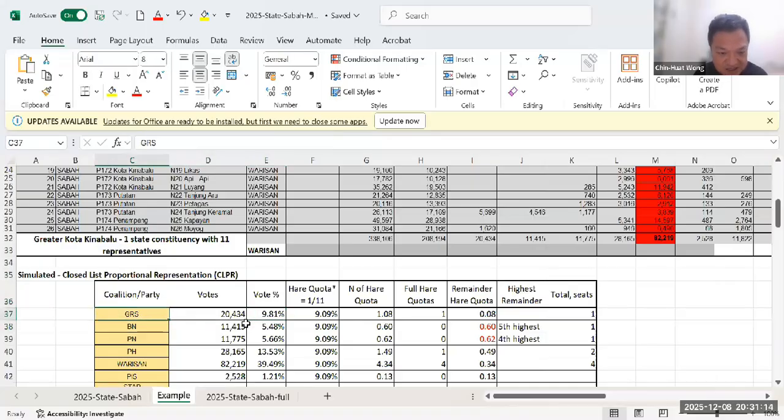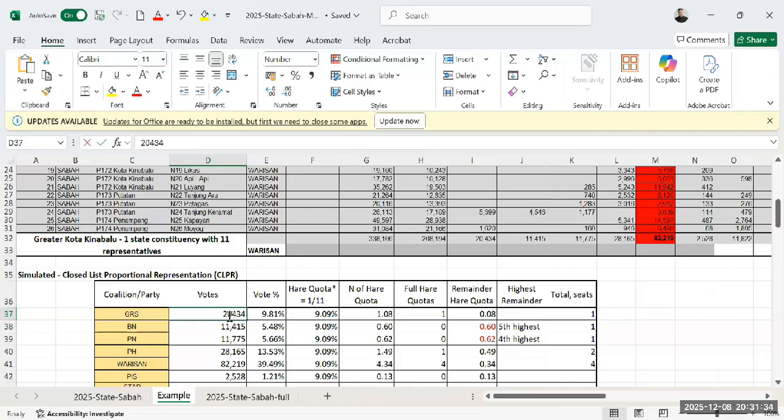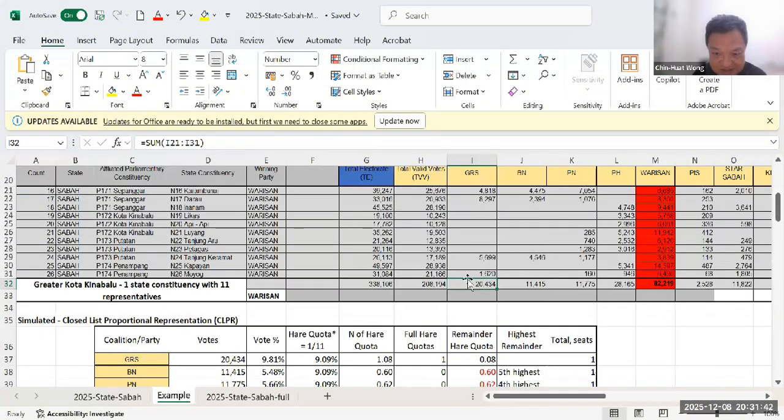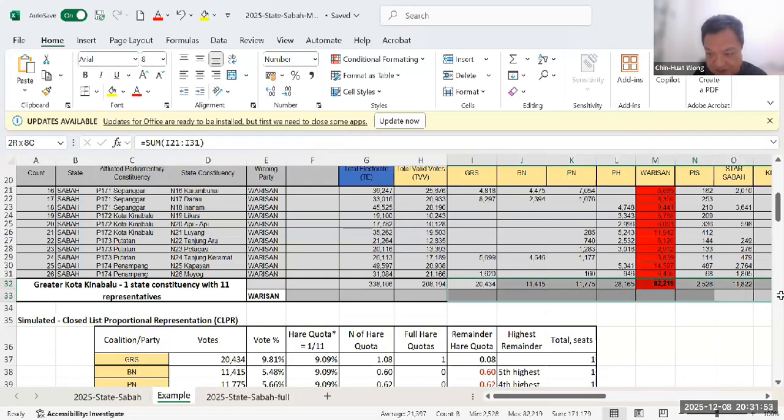Where do I get the number? Can you find 20,434? It's in column J. Sorry, column I. Column I, here, right? 32, which is GRS, right? Because just now we cannot see the heading. What I basically did is actually I copy here,